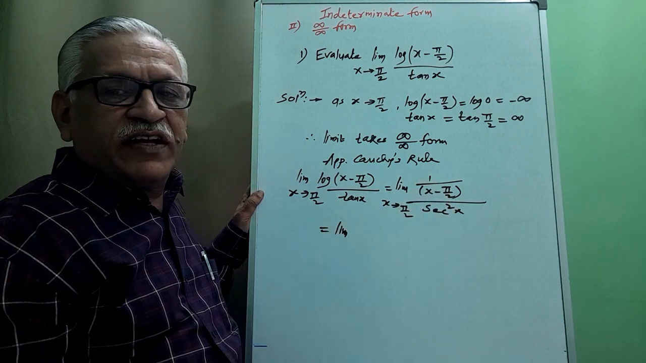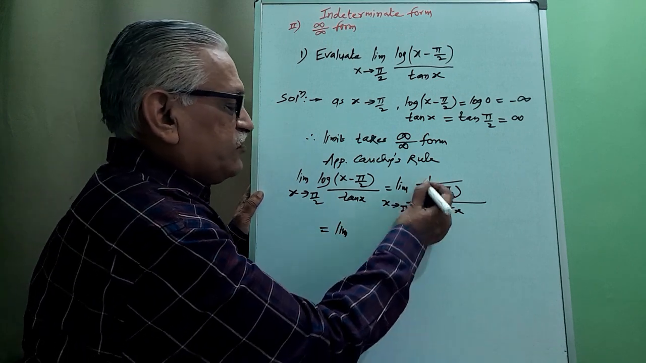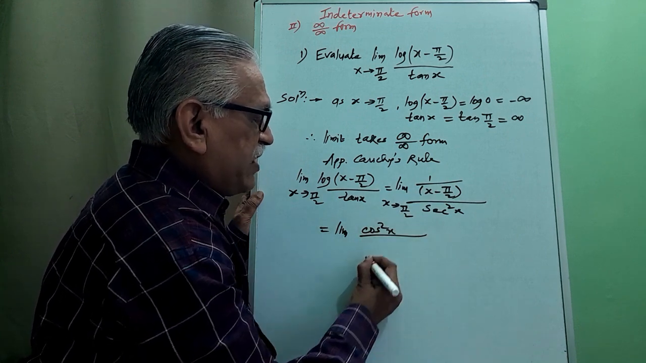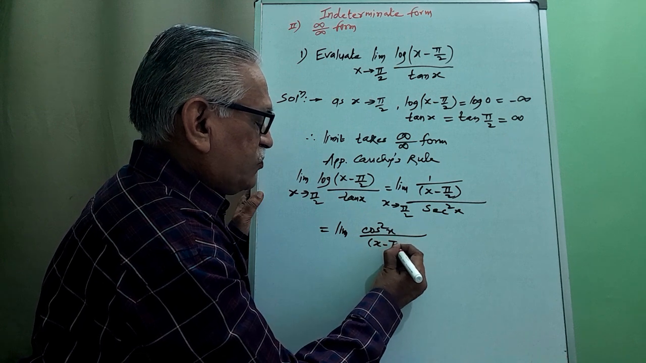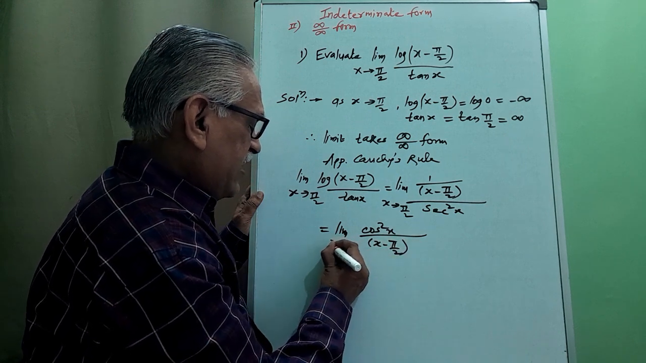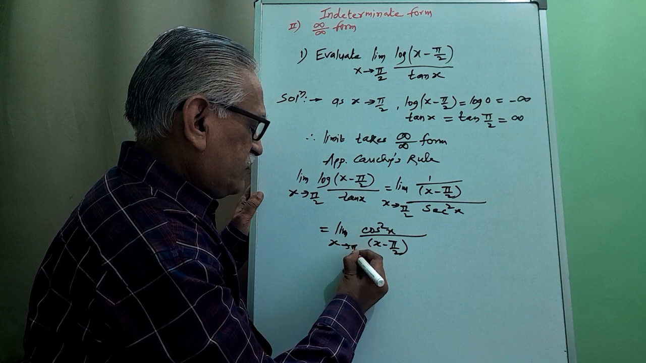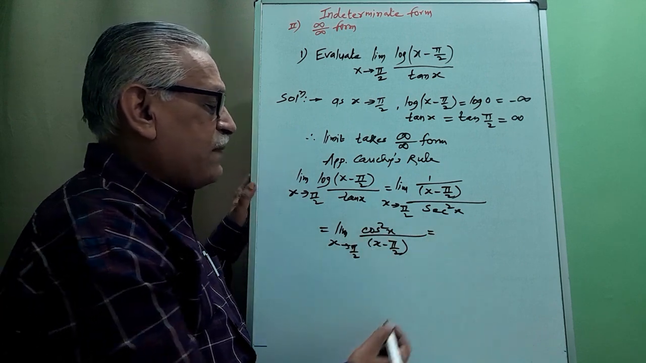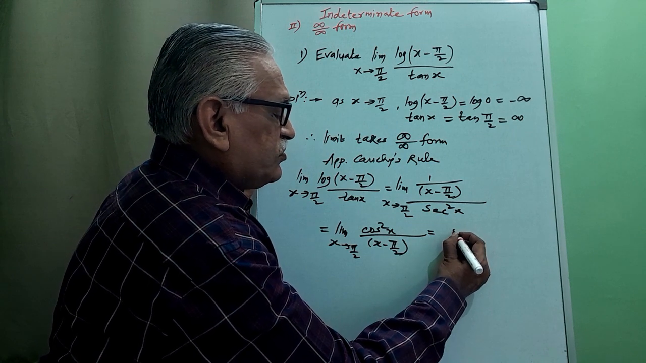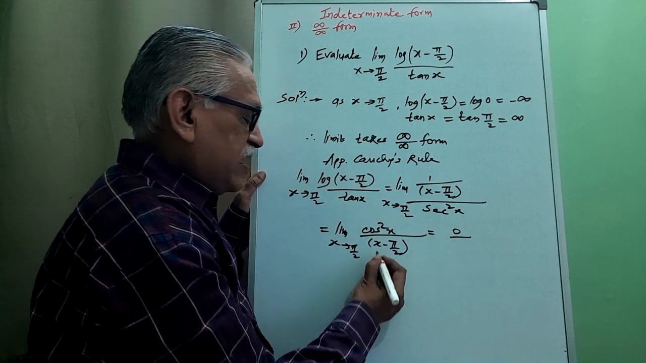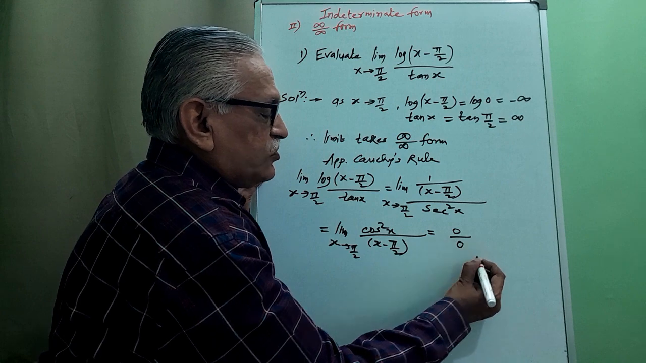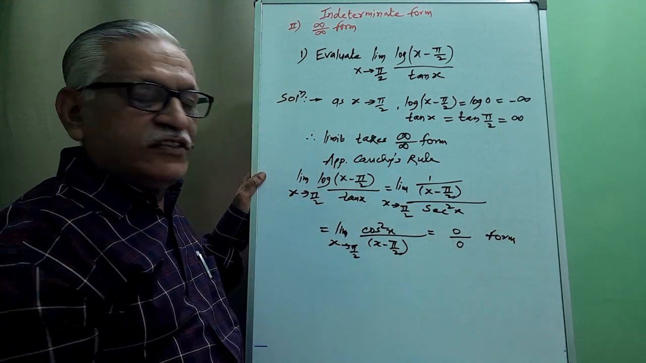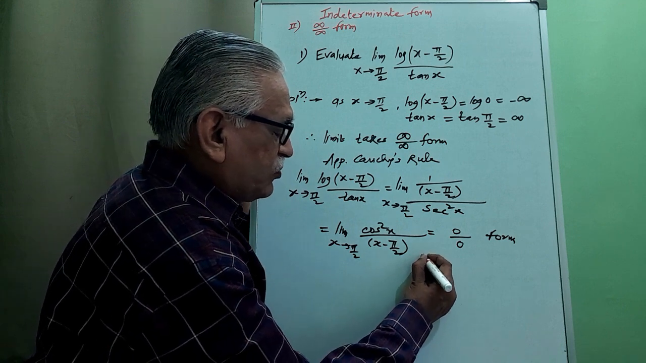We know that 1 by secant is nothing but cos. Therefore, it becomes cos square x divided by (x minus pi by 2), and as x tends to pi by 2, we get cos of pi by 2. Cos pi by 2 is 0, and pi by 2 minus pi by 2 we get 0. Therefore, the form is 0 by 0. And as we get 0 by 0 form, again applying Cauchy's rule,